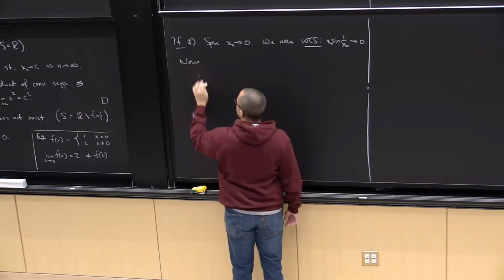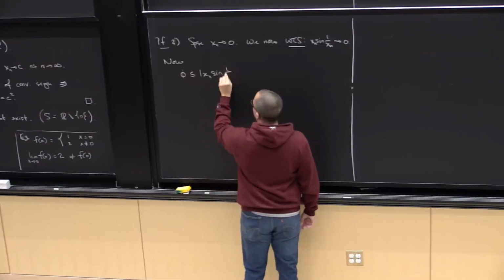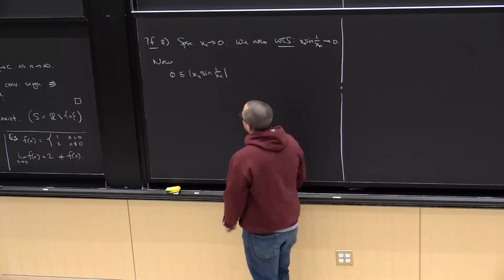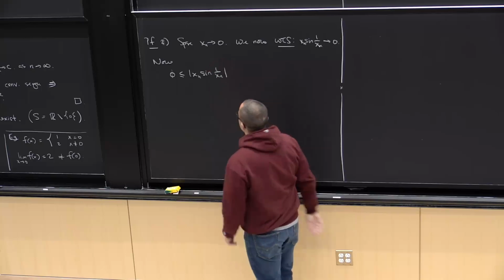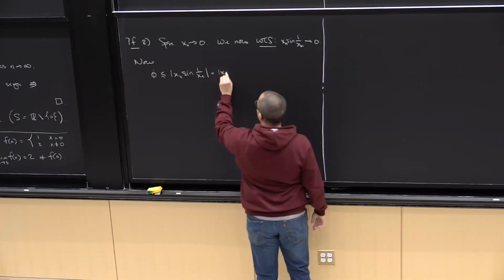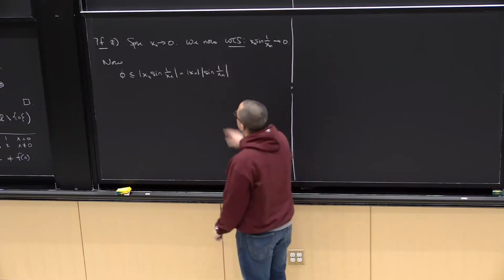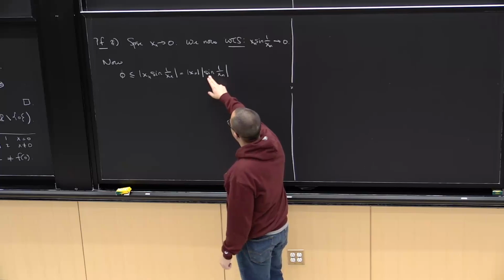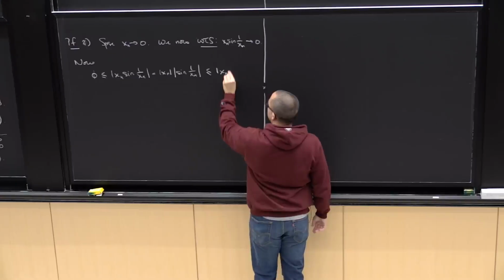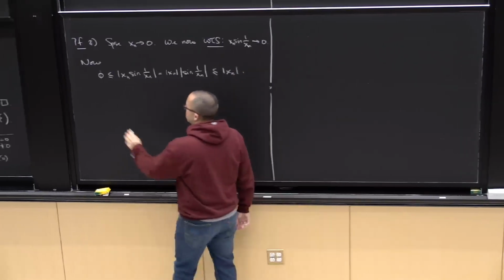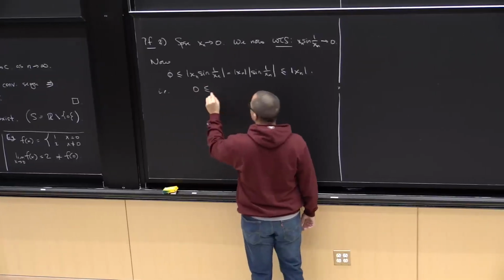Now, if I look at the absolute value of x sub n times sine of 1 over x sub n, this is equal to the absolute value of x sub n times the absolute value of sine of 1 over x sub n. And no matter what you stick into sine, sine is always bounded between 1 and minus 1. So the absolute value is always bounded by 1. So just to summarize, we've shown that